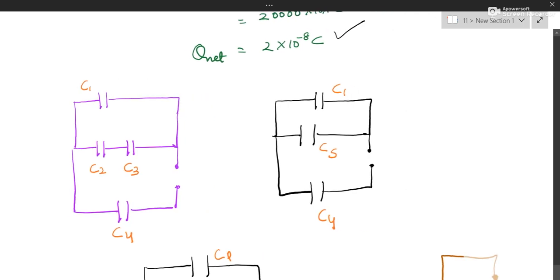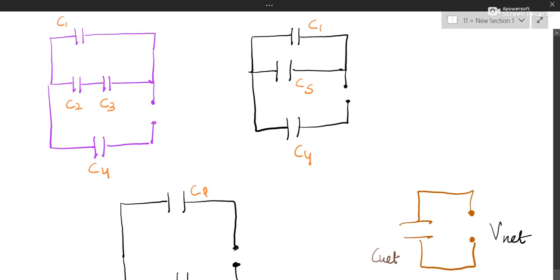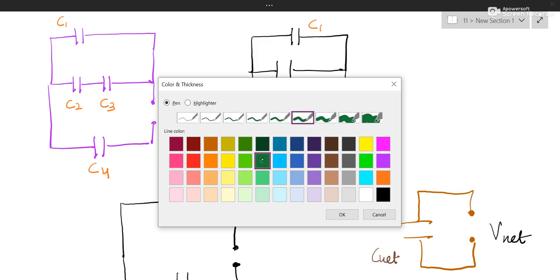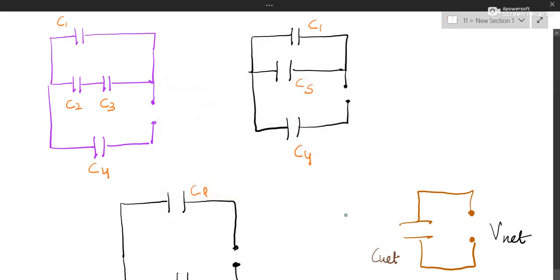And now you see that I have drawn all the diagrams once again. This is how it is easy to understand in the beginning. So let us see. This is the first diagram that is given, the original diagram. C1 here, C2, C3 here and C4 here. This is the battery. You can draw the battery as well. I first said that C2 and C3 are in series, so the answer was CS. Then CS and C1 were in parallel, so this was the answer.